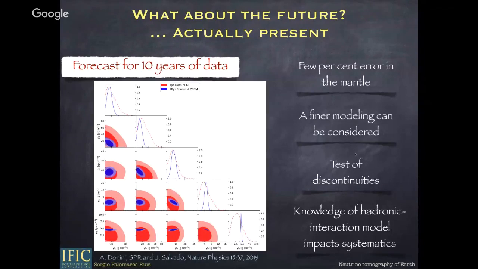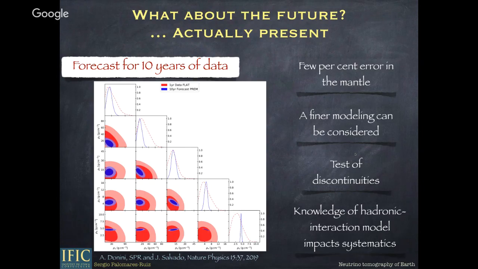So basically, we did the same 5-layer modeling of the Earth, but we also checked that this will necessarily need to be improved with more data, with more layers. And also, we might be able to test discontinuities, for instance, the position of the core mantle boundary.